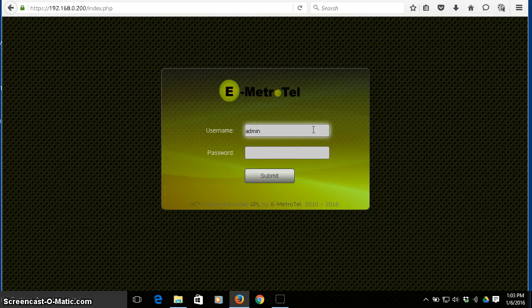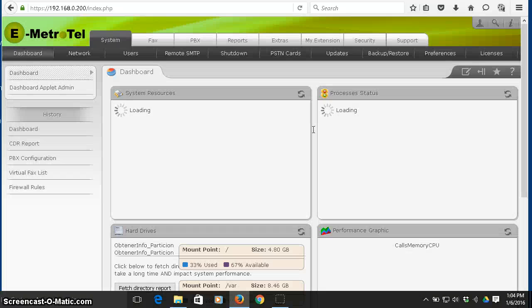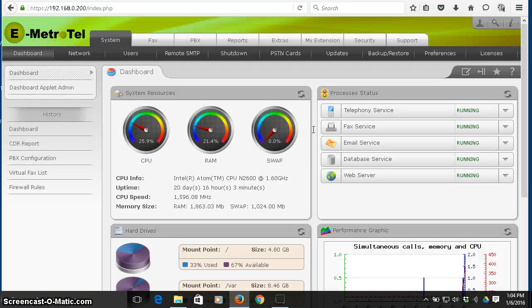What I love about this is that it is a browser-based interface, which means unlike the BCM or the Norstars, where you had to have a separate piece of software installed on your computer in order to have a management interface with the phone system, this is just browser based, so any computer that's on the same network with the UCx can access the user interface. Let's see, you've got to log in. Okay, once you get in, it's got a nicely laid out